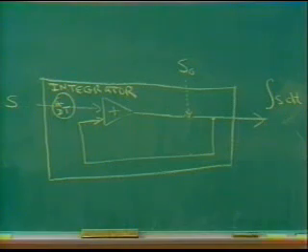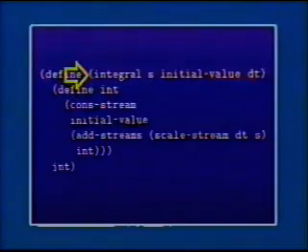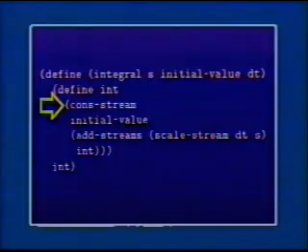In fact, here's the procedure that looks exactly like that. Right. We're going to find the integral of a stream. So integral is going to take a stream and produce a new stream. And it takes in an initial value and some time constant. And what do we do? Well, we internally define this thing int, and we make this internal name so we can feed it back, loop it around itself. And int is defined to be something that starts out at the initial value,